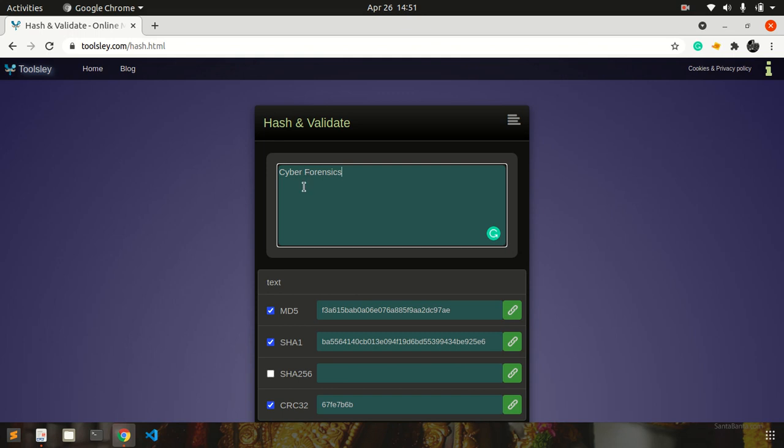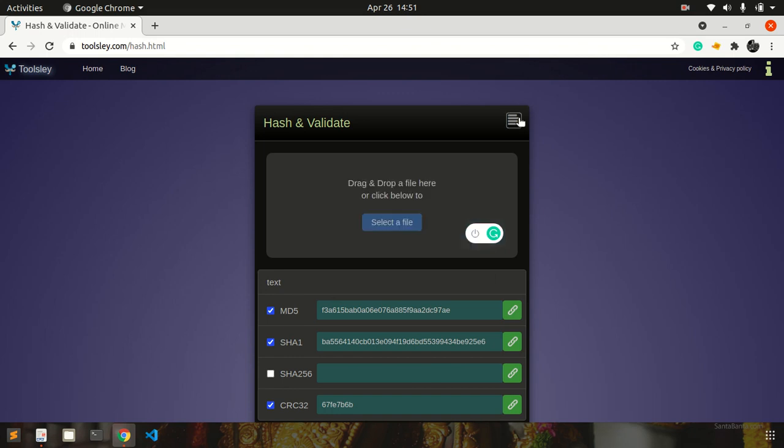So this will help you create a hash for any particular text, as well as for any file, whatever format the file has. So this is how you can create the hash.